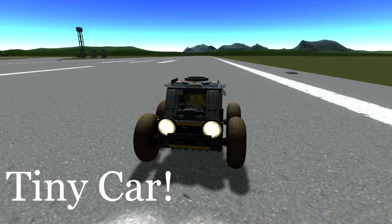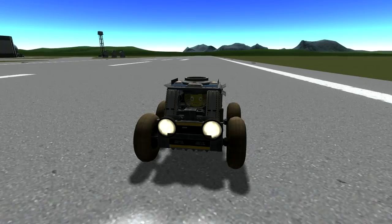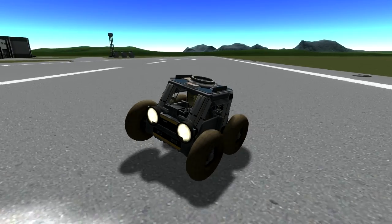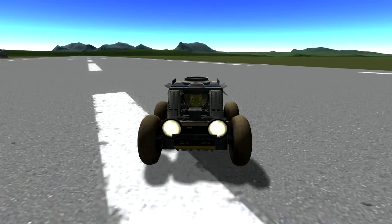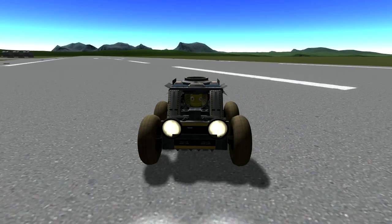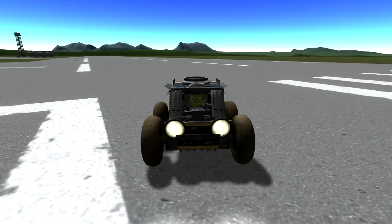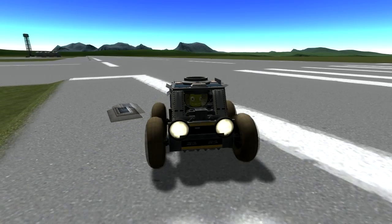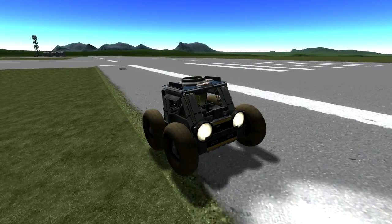And here is a tiny automobile which I seemingly abandoned for no good reason. I actually really like this small car, although it is quite a bit flip-happy. However, some SAS would probably solve that, as well as going ahead and disabling the steering on those back wheels. I think that the reason that I abandoned this tiny automobile was because on my very first test run, it